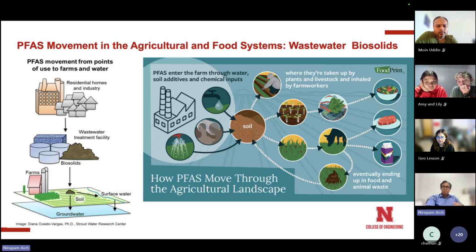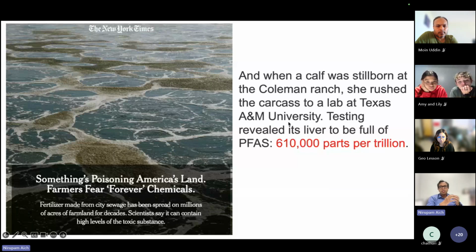But here is a study that you can read, this series. The New York Times came out with several PFAS articles back in 2024, September of 2024, around that time. So this was one of the first articles that talks about PFAS and forever chemicals.